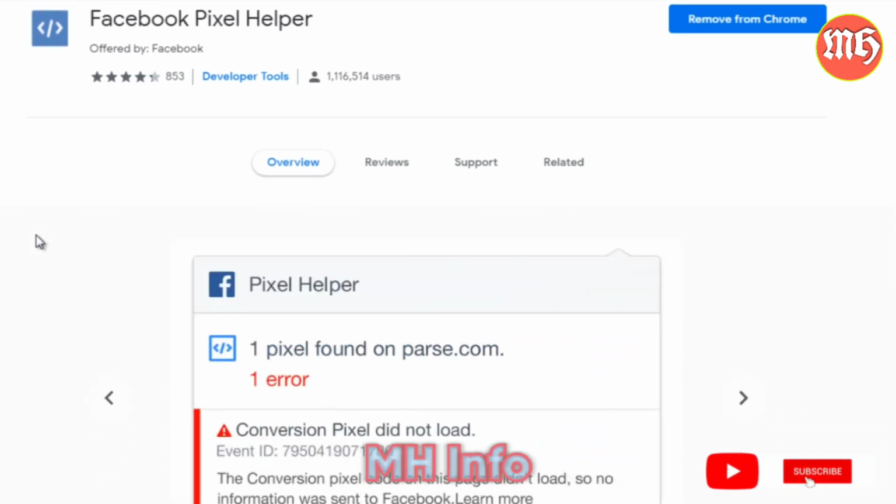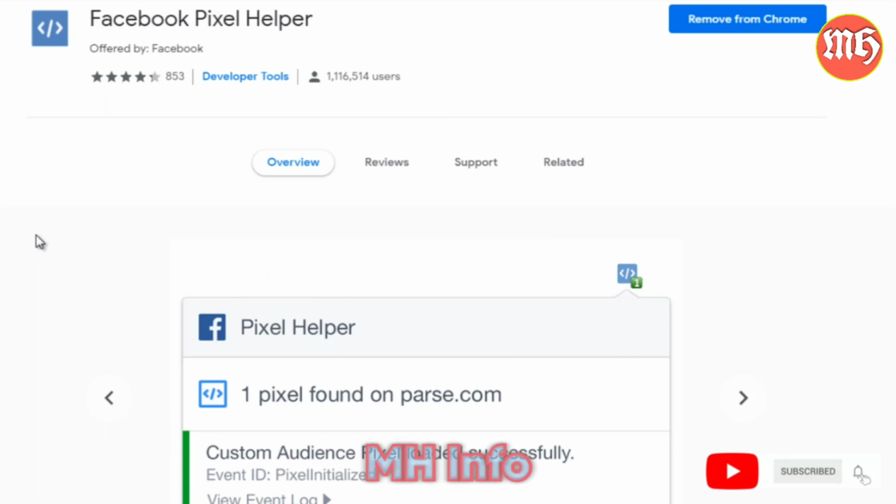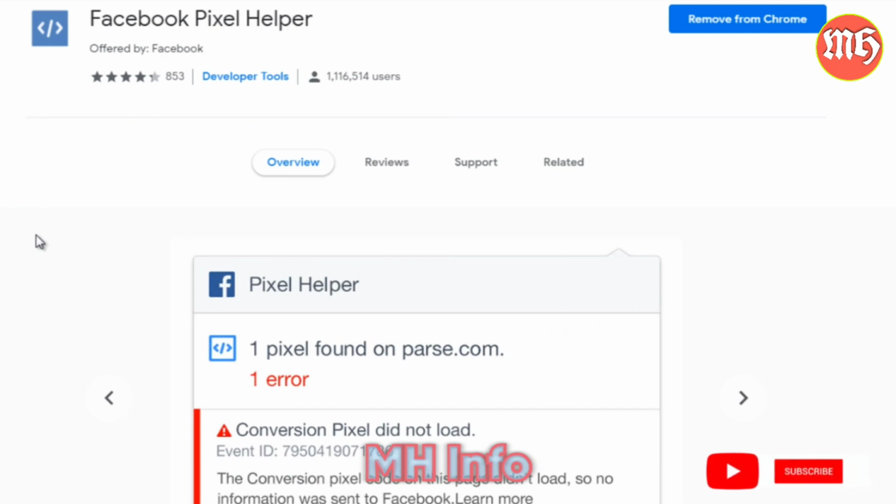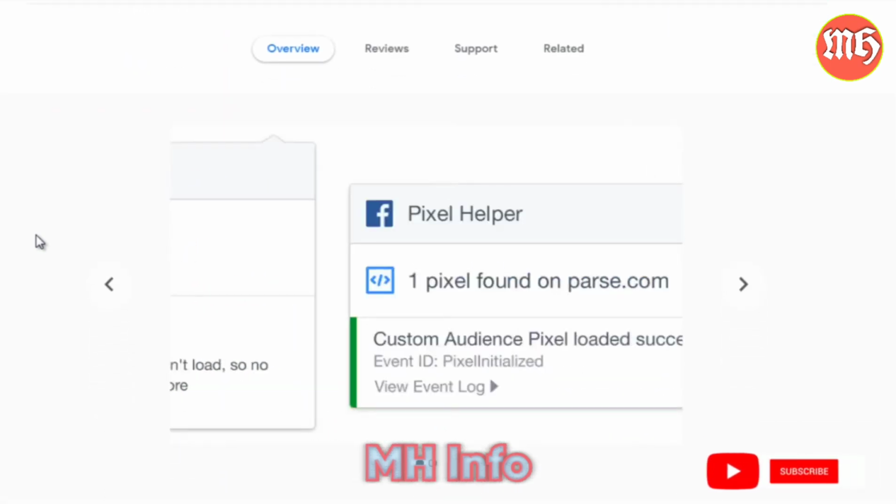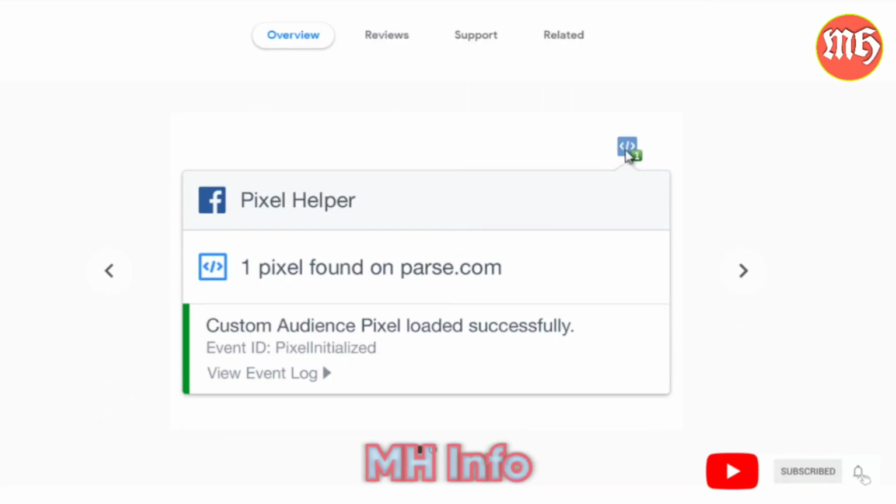So this is another free plugin for Google Chrome. And if you're using other things like Safari or Firefox, you can probably Google Facebook Pixel Firefox or Facebook Pixel Safari. But for Google Chrome, this is what we use. And all you have to do is install it. And as you can see down here, you're going to see this icon. And any web page that you visit in your funnel, if you click that, it should say that the pixel